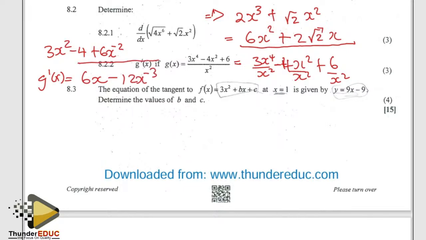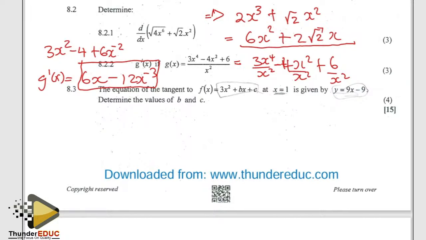So this is our answer here. Remember, the question never asked you to give your answer with a positive exponent. So just leave it the way it is, and then you're good to go. Okay, so that is question number 8.2.2. Then